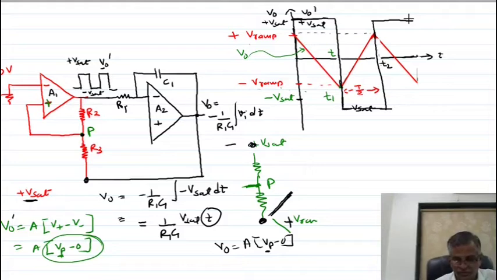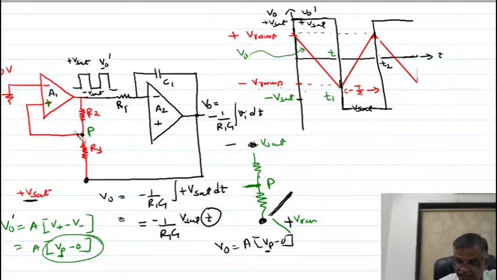Listen again. Those who do not understand, for them I am telling you, look here. When this is negative, initially it is positive in this voltage. As this is positive, this is a positive, so your answer will be negative. Means your answer is this. So as your answer is this, then your negative going ramp is attained. This negative going ramp is coming to this point. So the potential at this point is changing.